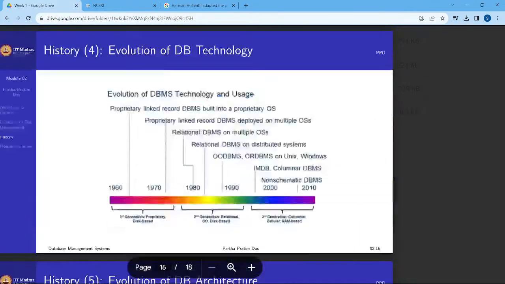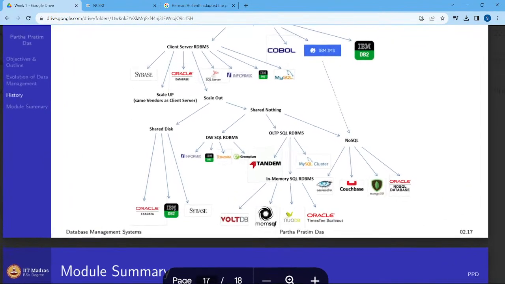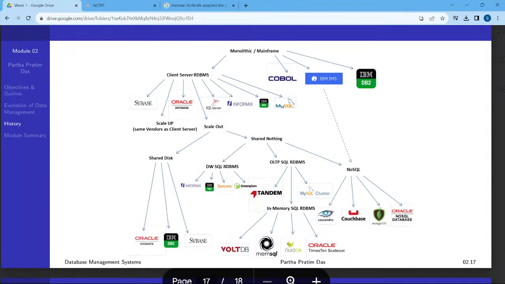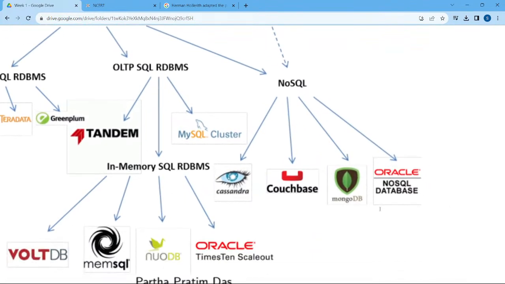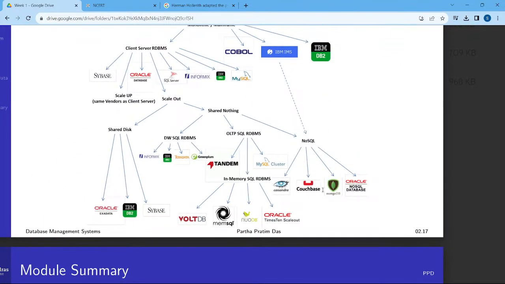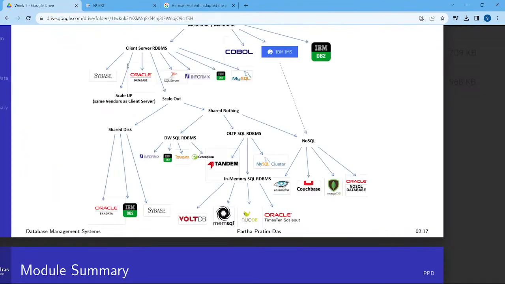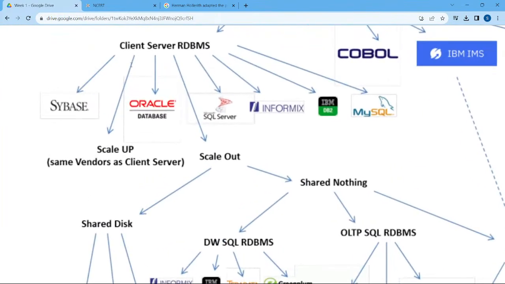Which of the following are client server RDBMS? As I said, you are not supposed to remember this, but there is a question in this, right? So this much, you need to remember. If you remember only this much, the NoSQL part and its sisters: Cassandra, Couchbase, MongoDB, and Oracle NoSQL database. Once you remember this, you won't get much problem. So client server databases, Sybase is a client server database, the direct one,